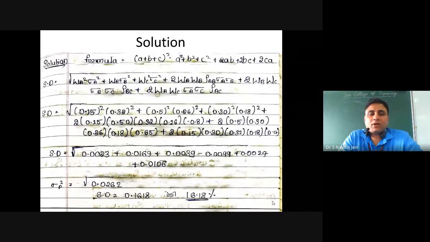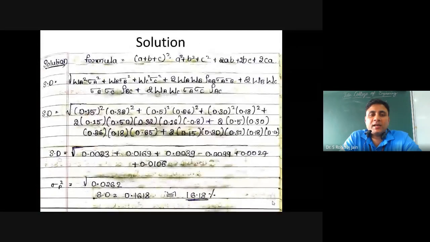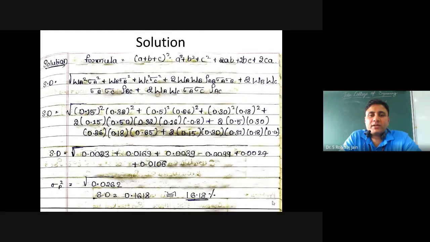Now I'll apply all the values. What is the weight of security A? They have given 15%, that is 0.15. So 0.15 square multiplied by the standard deviation of security A, how much they have given? 0.32 square, right? Plus 0.3 square into the standard deviation of security B, 0.26 square, plus 0.3 square into 0.18 square, plus, now it is 2 into the weight of security A, 0.15, the weight of security B, 0.3, then the correlation